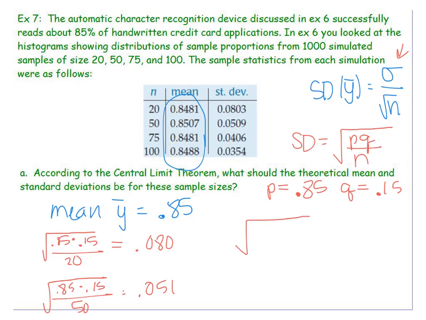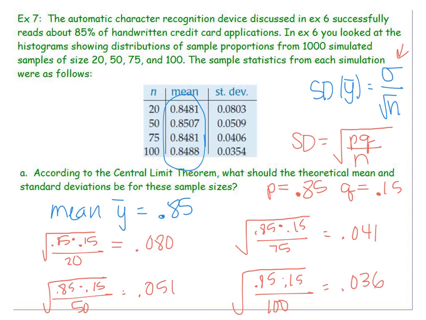Then we're going to change this time the 50 to a 75. You type that one in the calculator, I get 0.041. And then finally, we're going to change that 75 to a 100. And I end up with 0.036. So if you look at the standard deviations that we got from the samples compared to what our formula says they should be,